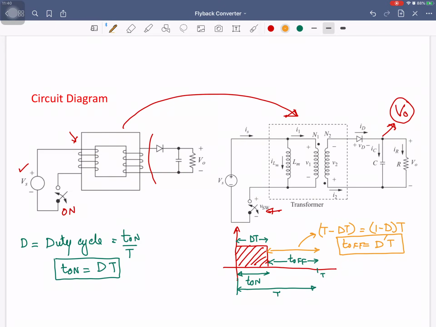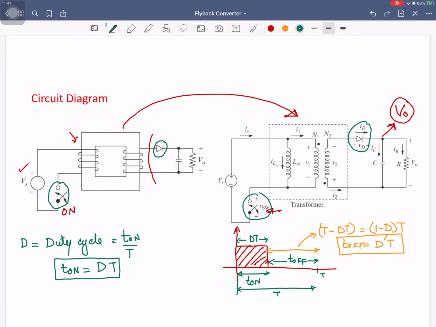And the next assumption for the analysis of this circuit is that all the switches which are being used, this switch or this diode, are ideal, meaning there is no power loss across these switches, no dissipation, and they can be turned on and off in no time. So we will be considering these switches as ideal switches. Basically, this flyback converter is derived from the buck boost converter that we will see in the upcoming slides.